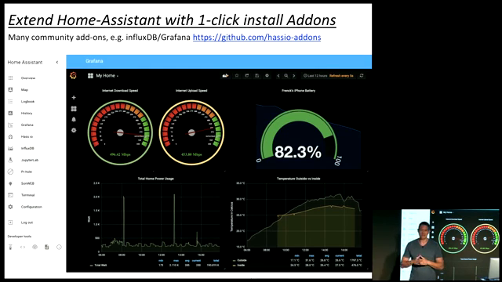One of the popular add-ons at the moment is this InfluxDB and Grafana add-on. I don't know if you know about InfluxDB, but it's a very popular time series database in Internet of Things. And so basically, you'd set things up so that Home Assistant would plumb its data into InfluxDB. And Grafana is another tool, but it allows you to build dashboards that look at data within databases.